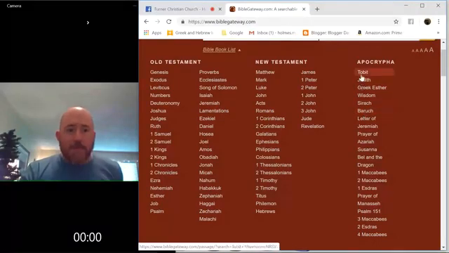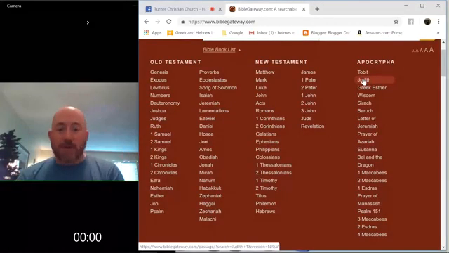And you've got, I'm going to call them kind of short novels, Tobit and Judith. These are novels that are similar to Esther or Ruth, and they just tell a self-contained story, and they're interesting stories. Tobit is a love story. A man goes on a quest to retrieve his father's gold. His father has been blinded, and on the way he is guided by an angel, and he encounters a woman